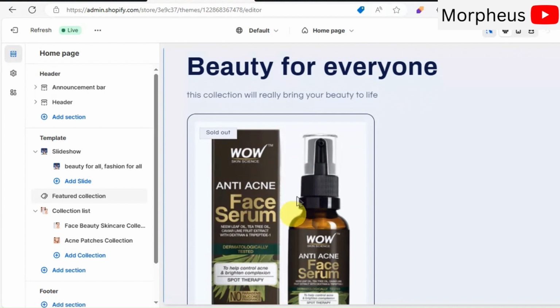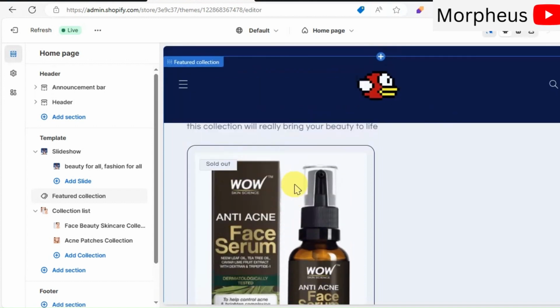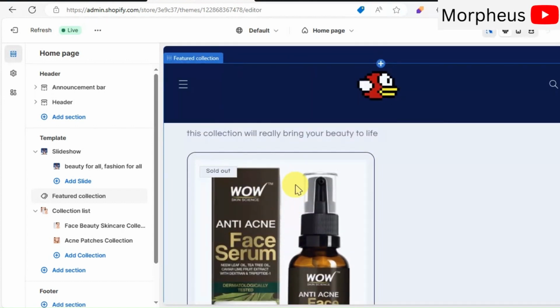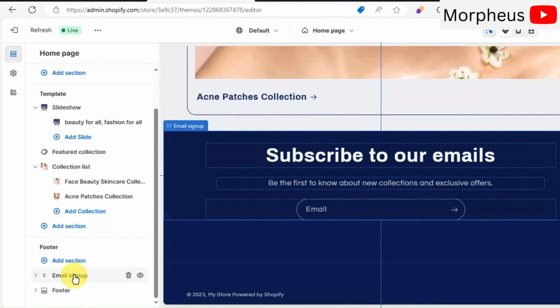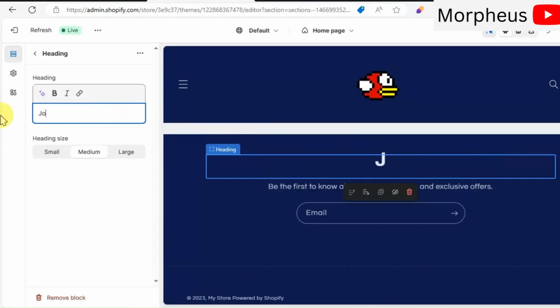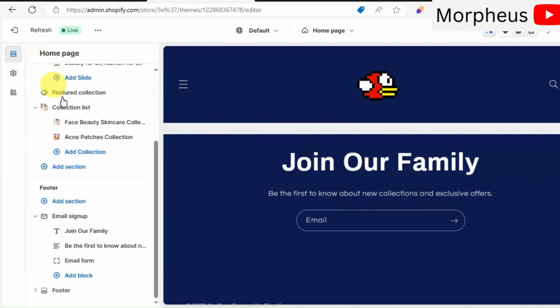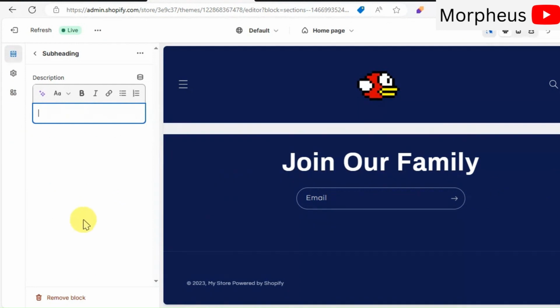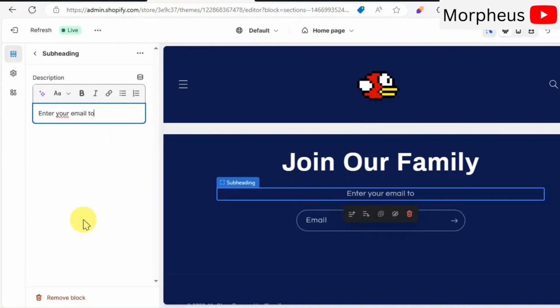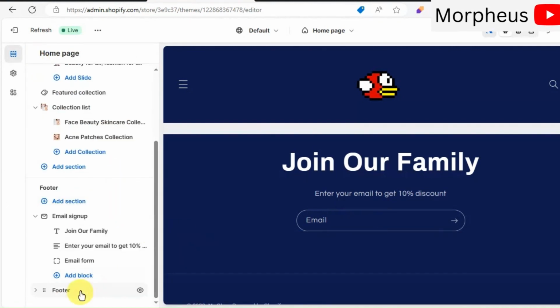Now, all that's left to do is the newsletter section for the email marketing. But first, you need to set up email marketing in the back end of your store. But for now, in the heading section, write something like Join Our Family. And in the subheading, write something like Enter your email to receive a 10% discount or a free shipping or something like that.